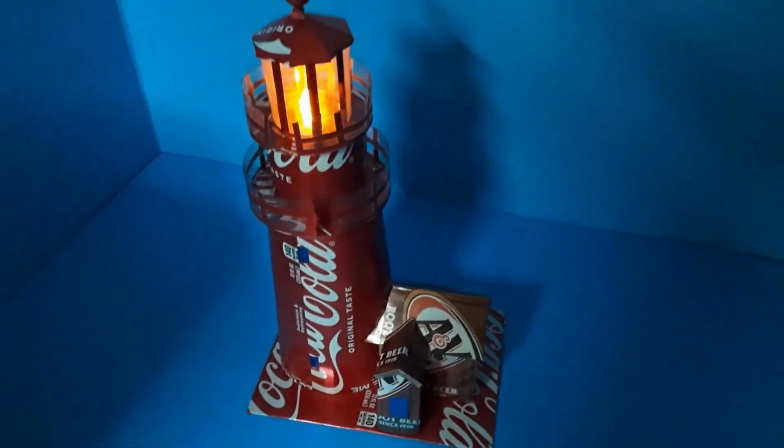And check out our lighthouse, when the lights are off. Looks cool, doesn't it? Best of all, this is a simple and easy